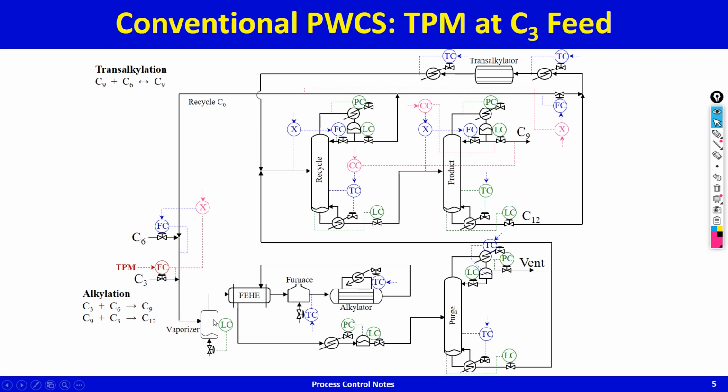If this flow increases, level starts going up. If level starts going up, you will start boiling more in order to maintain the level. As you boil more, the flow here goes up, and also maybe the pressure will start going up. As the pressure starts going up, you start increasing the condensation rate. As the flow here is more, the temperature controller, the temperature will go down, temperature goes down, you crank up the heat to maintain the temperature.